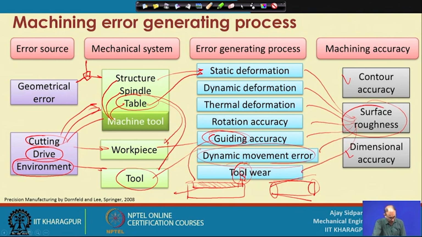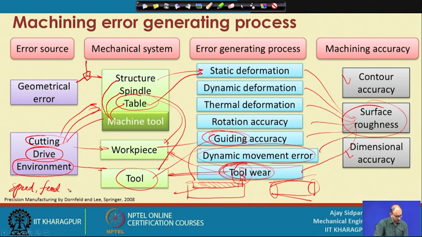Suppose your tool is worn and you are still continuing that particular machining operation, then there is a chance that tool wear is one of the things creating a rough surface. Once it is identified as tool wear, then go back again and ask which mechanical system is creating the tool wear. Here one is the tool, which is directly connected, and another is the workpiece, because if the workpiece is very hard and you are putting a speed, feed and depth of cut, these are the parameters,